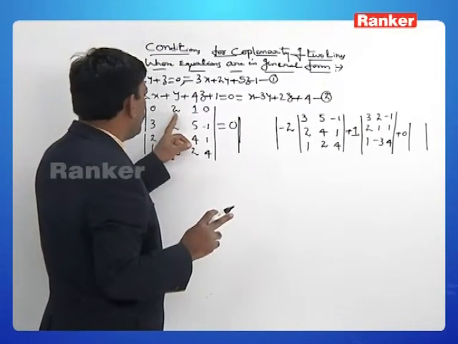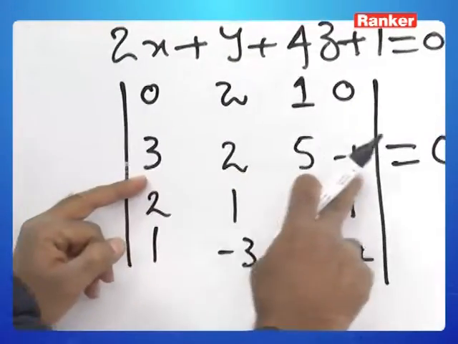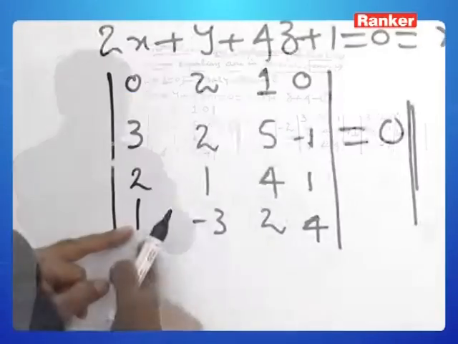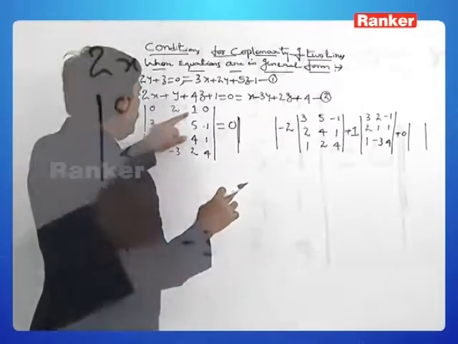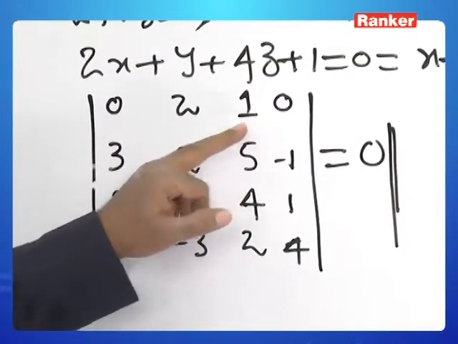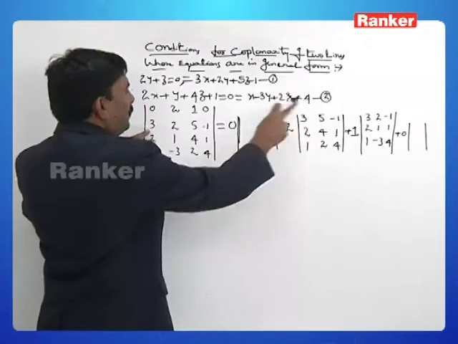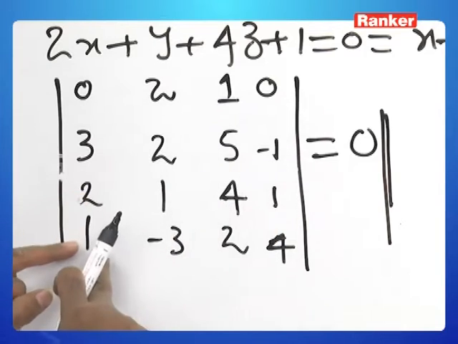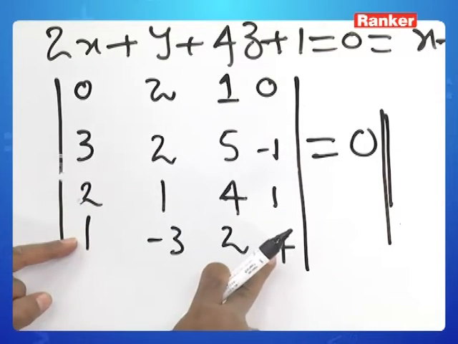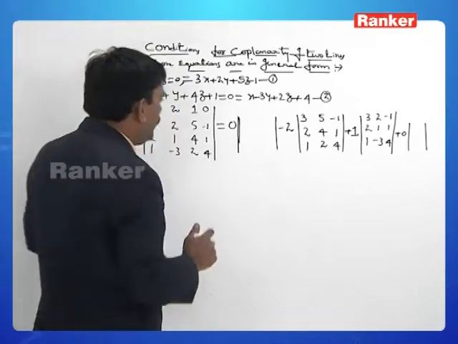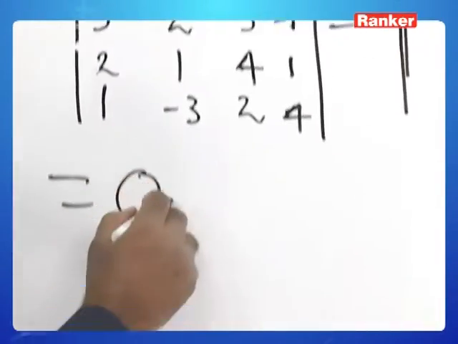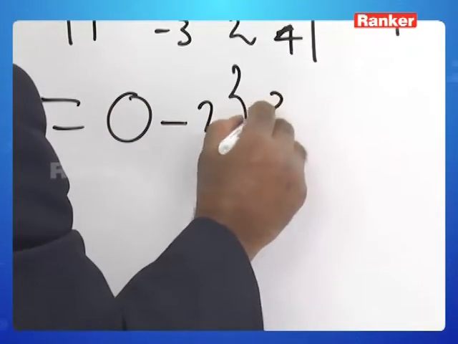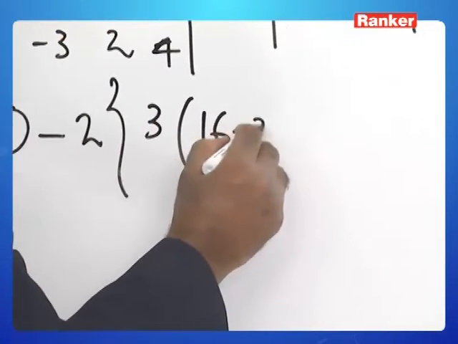2 into minus 2 into 3, 5, minus 1. Yes, next 2, 4, 1. Yes, 1, 2, 4. Okay, correct. Now 1 into, yes, neglect this column. 3, 2, minus 1. Next 2, 1, 1. Next 1, minus 3, 4. Right. Now expand it. Now 0 into anything is 0, no need to write. Now once again you expand this one as I can write 3 into 16 minus 2